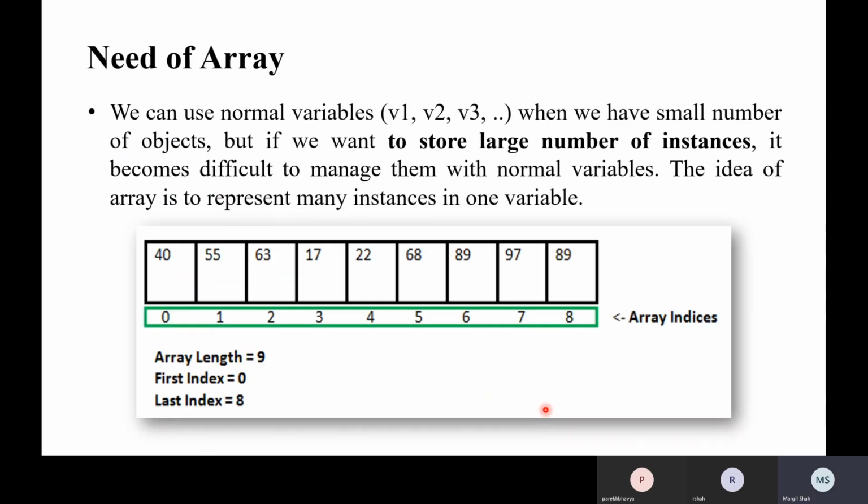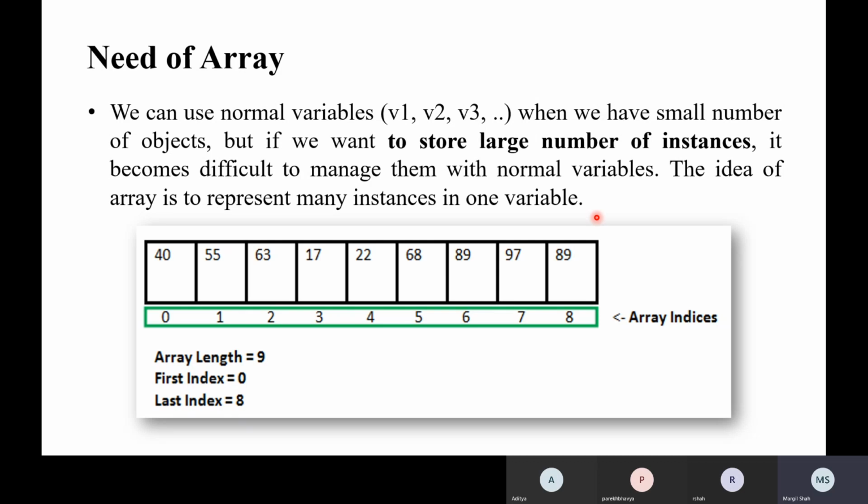Now what is the need of an array? We can use normal variables v1, v2, v3 when we have a small number of objects. But when we want to store a large number of instances, it becomes difficult to manage them with normal variables.